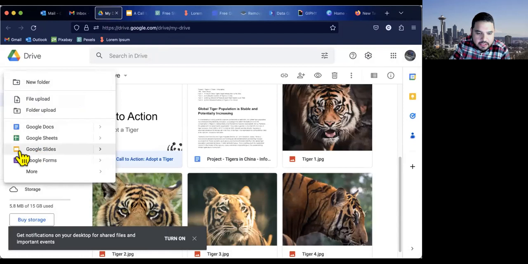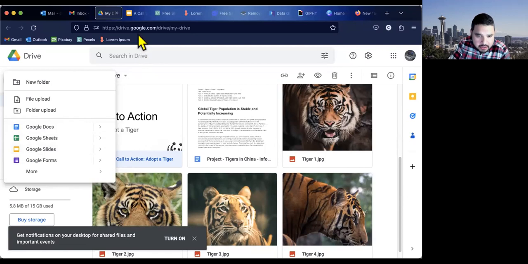And if you ever noticed, this is a really great thing to teach patrons. PowerPoint has an orange color to their logo, and Google Slides has this kind of goldenrod color. So it's really good for color coding. Excel is green, Google Sheets is green, Microsoft Word is blue, Google Docs is blue. So if you're teaching both topics, you can do little color coding.